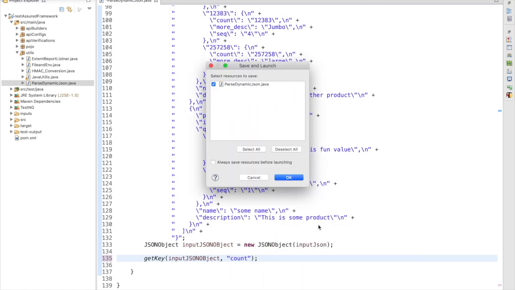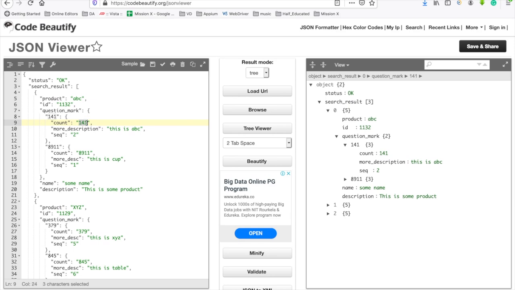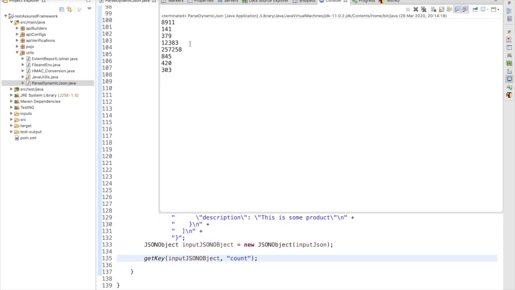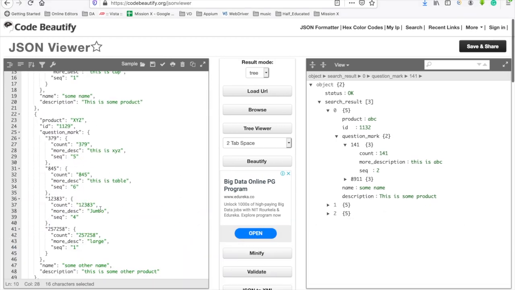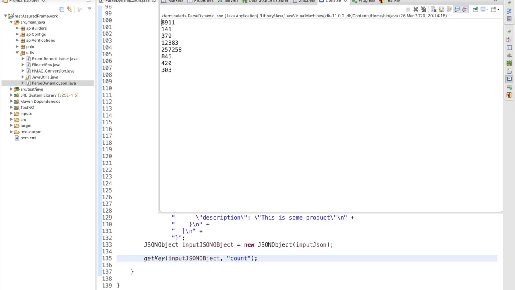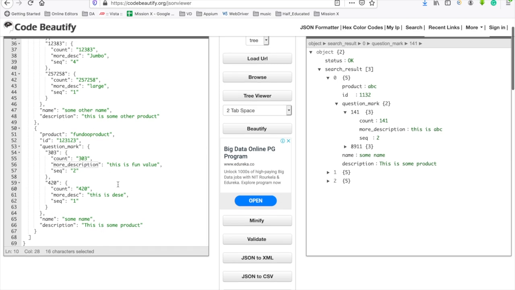I'm going to run my code. Yes, I'm getting this count: 8911, 141, 379, 845, 12383, and so on. So all these counts are printing.